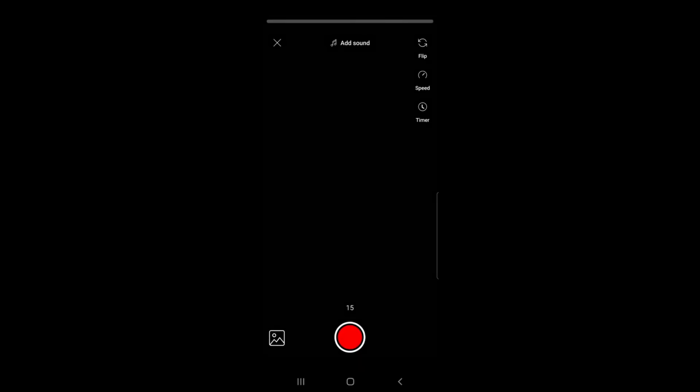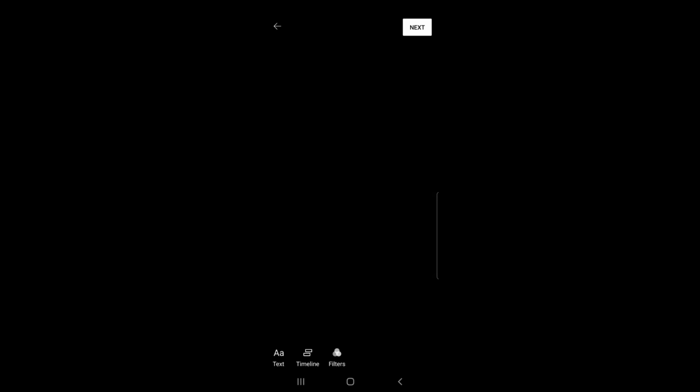So what you can do first of all is simply record your short by pressing the red button. Once you have finished recording your short, all you simply need to do is leave it for the time to run out, or you can click on the stop. Once you have done that, as you can see, you can flip it, you can change the speed, the timer, etc. Once you're happy, you can click on the tick icon, and then what you can do from here is